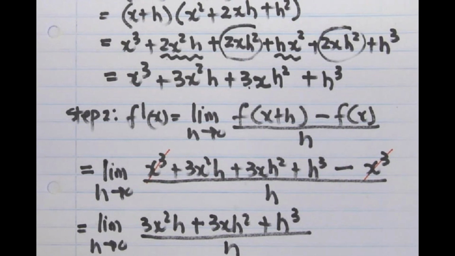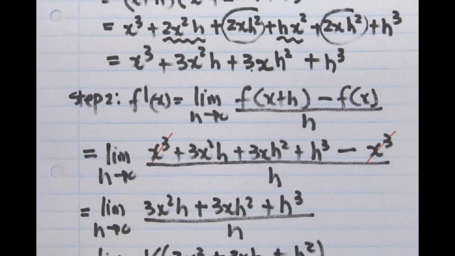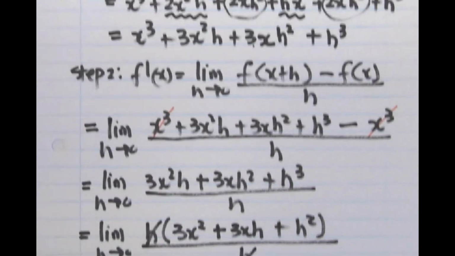Then I take out a common factor, and my common factor is h. This is going to be 3x squared plus 3xh plus h squared. Everything over h. This part is going to cancel out, and I'm going to be left with